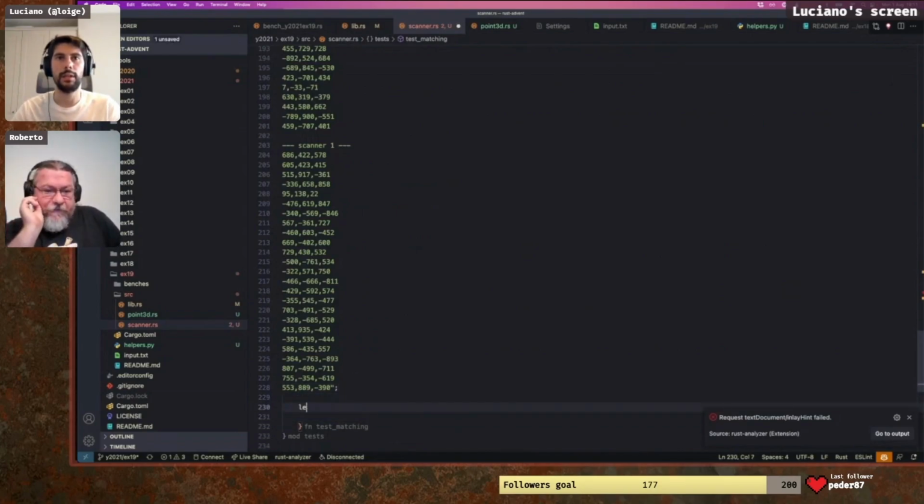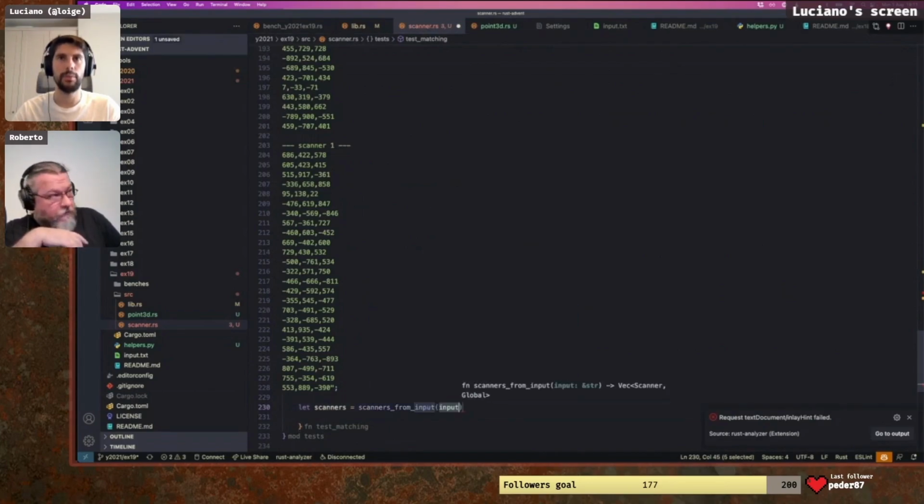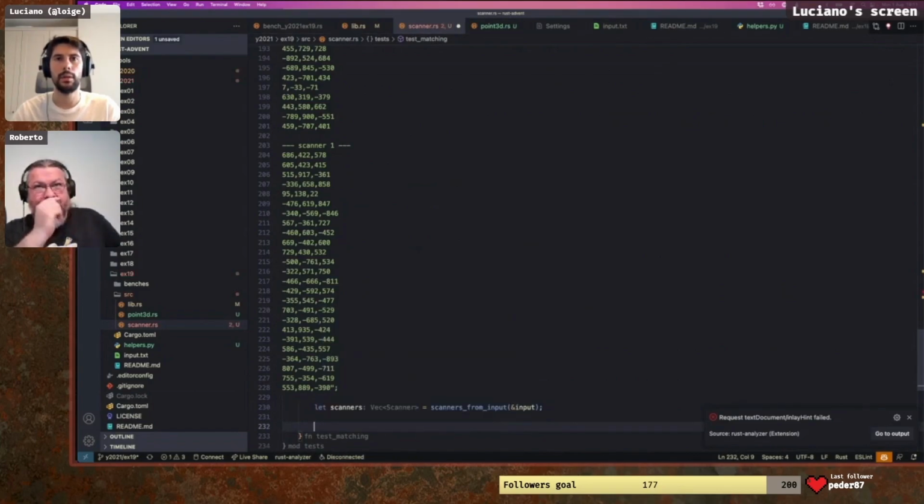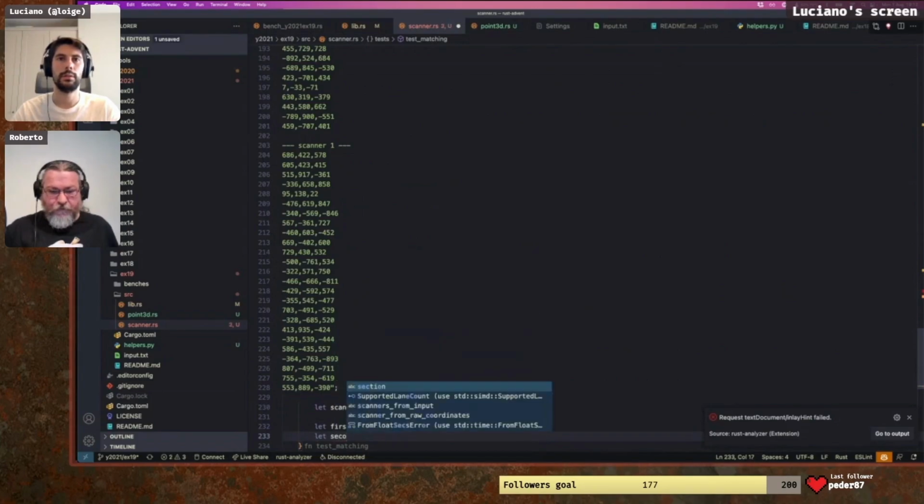So now what we're going to do is let mut scanners. Actually, it doesn't have to be mut. Okay. And we want to do scanners from input. From input. And this is the reference. Yeah. Now these must be 2 elements, this vector. And if we do the first element dot matches the second element, we must have back a scanner object. Okay, so let first is equal to scanners 0. Let second